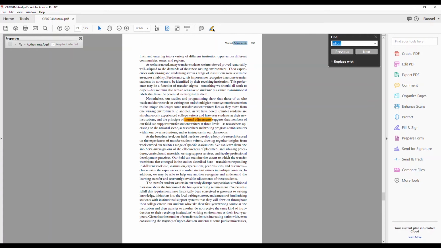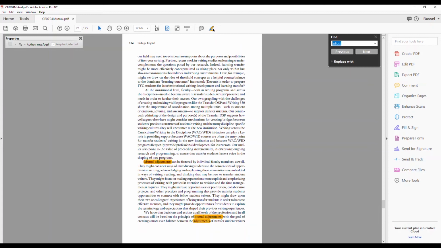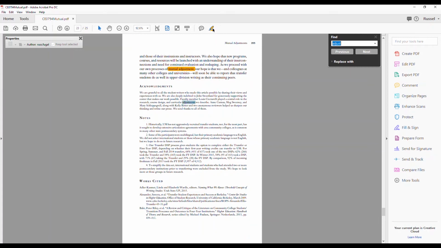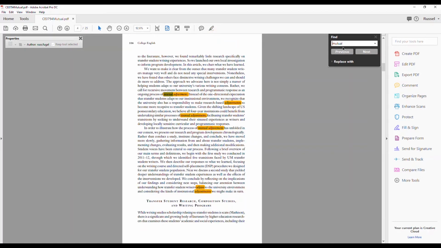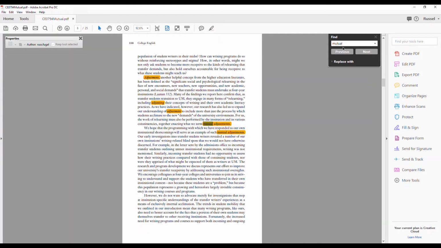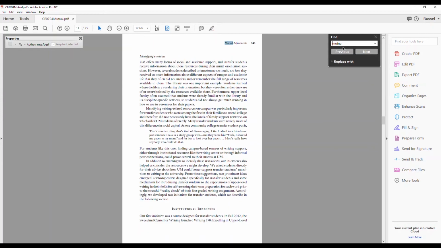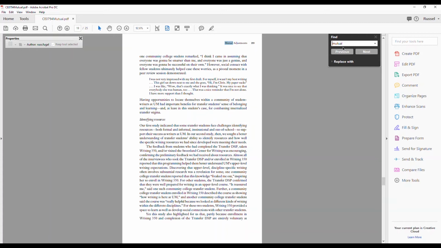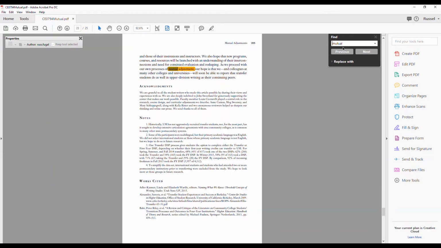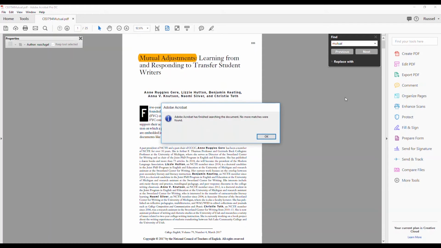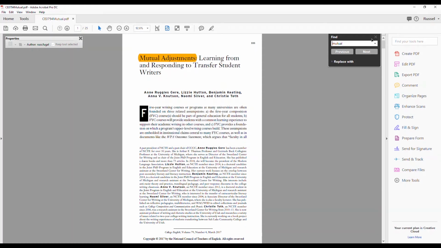Just a few more here. We're in the conclusion. And that's the end. Now let's search for mutual, see if there's anything we've missed. Again, just hitting enter takes us through the entire paper, watching for that blue highlight on something we haven't found yet. Mutual does not seem to be standing alone. We've reached the end, hit OK, close out the find, and now